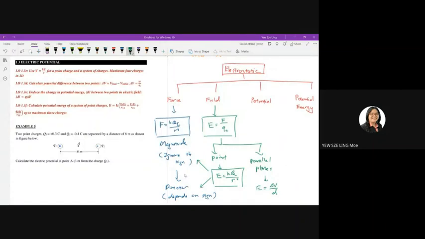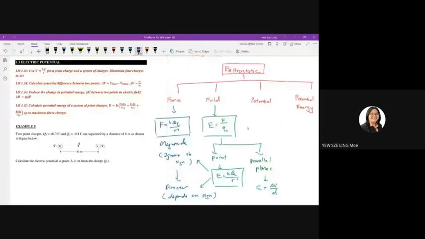When it comes to force, you need a minimum of two charges, because you want to see whether they attract each other or repel each other. So that is force and field, and they are vector quantities. Remember, when it comes to vector quantities, you need the direction. So we have seen what the potentials are